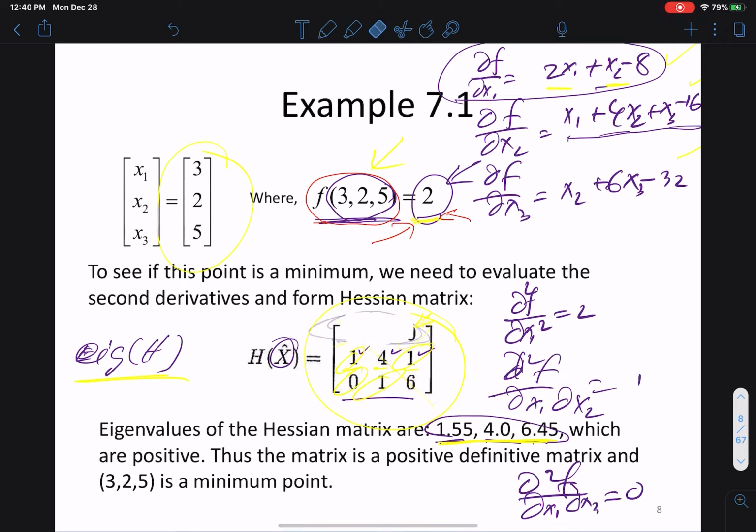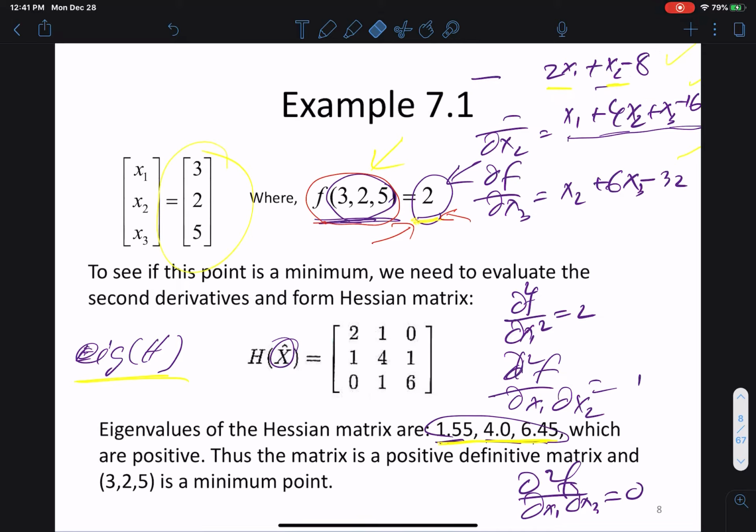So let's take this thing out of here. All right. So to find the Hessian matrix over here, I brought all those three equations over here, first derivative. Then I'm going to take the second derivative of each of them. If I take the second derivative of this guy over here,